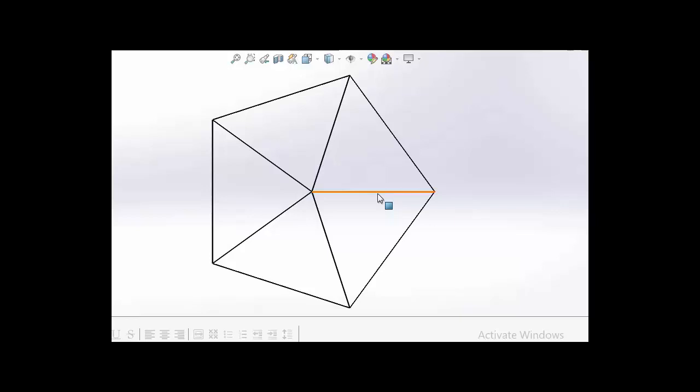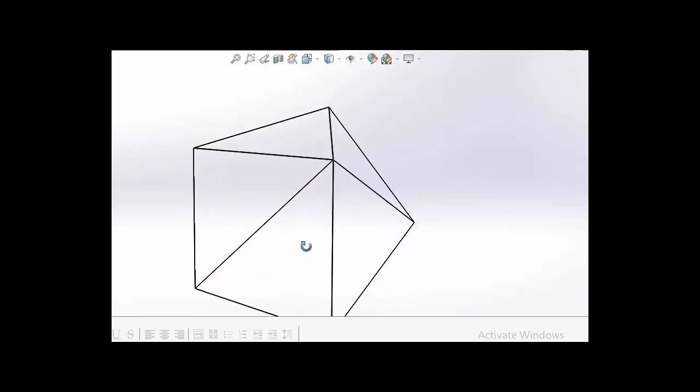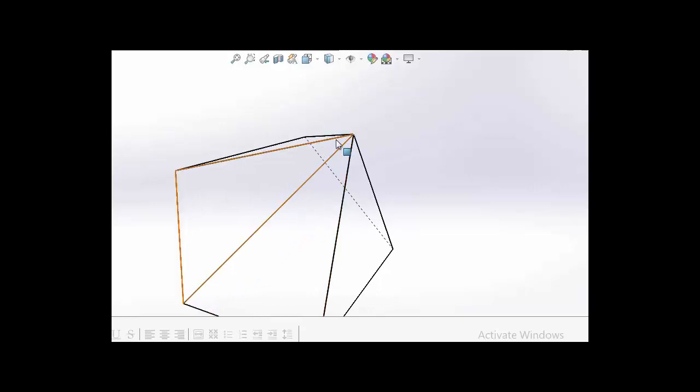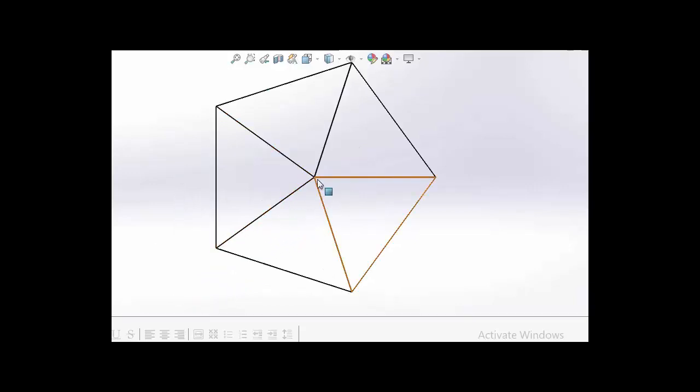In the 2D drawing, the basic difference between a prism and a pyramid is that when you are drawing a prism, you will draw only the outer edges, but when you draw the pyramid, you will draw these inner lines. These inner lines are the slant edges. Like if you see here, these slant edges will come as the inner lines. So if you draw these inner lines, that represents the pyramid. If you do not draw these inner lines, only the outer lines, it represents the prism. That is the basic difference you are going to show in the 2D drawing.